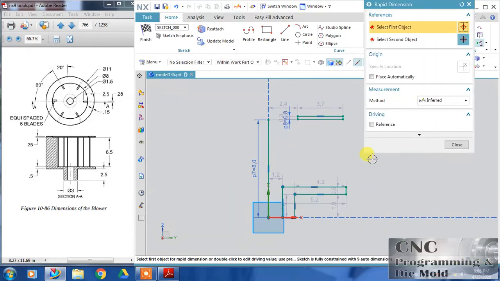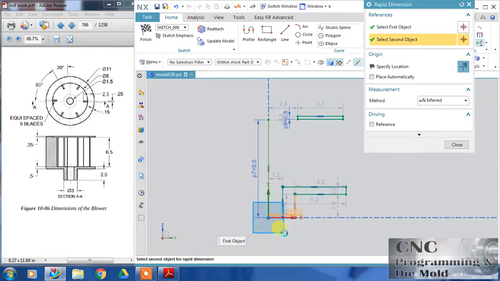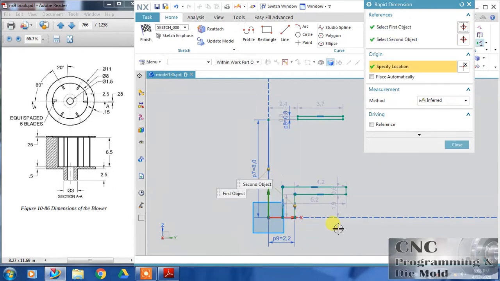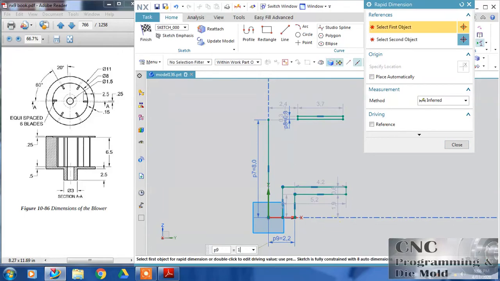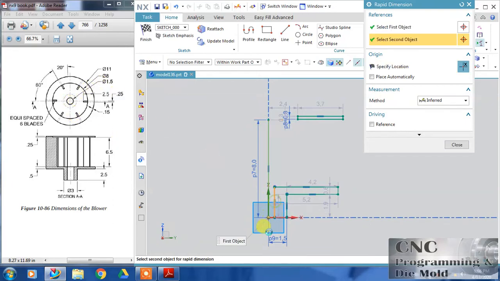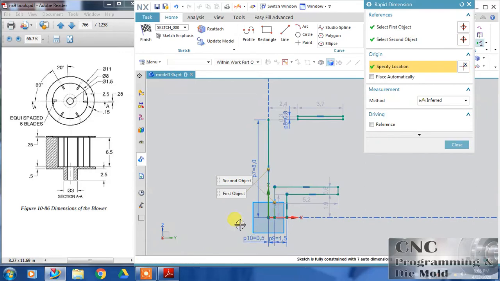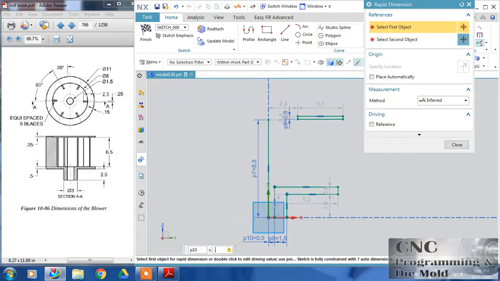With the rapid tool, this diameter is 3 and the radial gap is 1.5, and click OK. The inner hole is 1.5, so the gap between this is 1.5 divided by 2, so 0.75 is the radial gap.